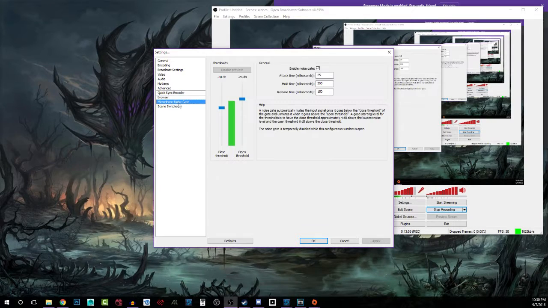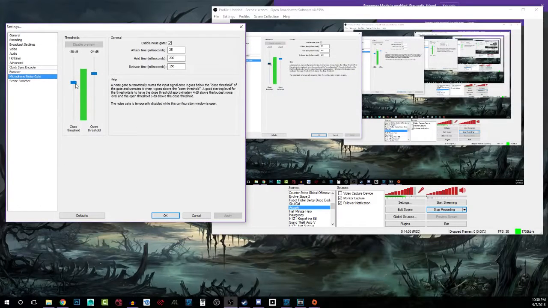Okay, microphone noise gate. So this is actually the best thing to do. As you can tell, my mic is actually picking up my voice around this area, and it's really loud. And my mic is picking up this. So microphone noise gate is basically the part where it adds a filter to your mic, so whenever you talk